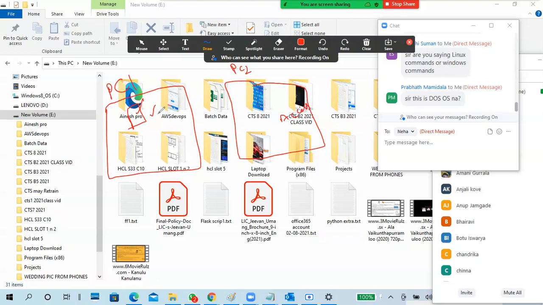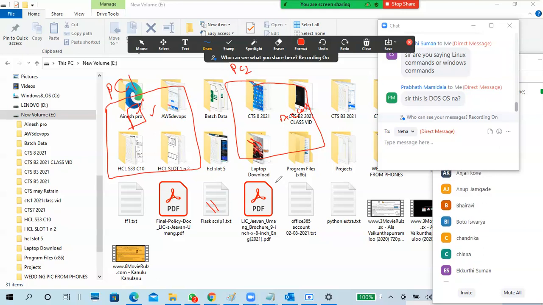Sharing steps are the same, but for accessing, you have to go to run and put a slash slash, then the IP address of PC1. Persons within the network? Yes, within the LAN network.